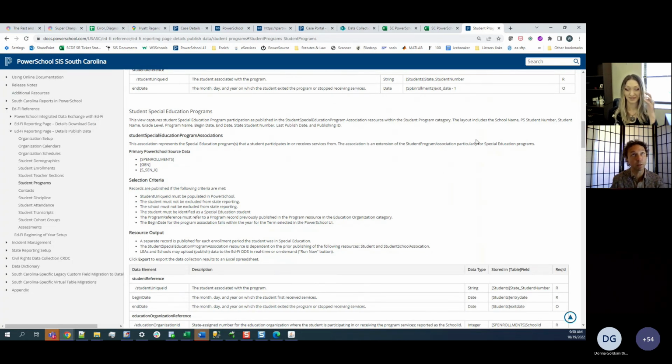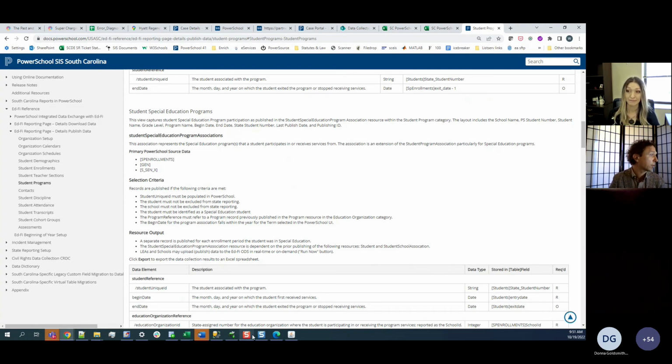So the solution that the developers came up with is just to not publish non-in-session days. And so there's a lot of schools and districts out there, I'm not pointing any fingers, that have terms that begin or end on a Sunday or on a weekend or something, right? And what happens is that because the non-in-session days, like a Saturday or a Sunday, aren't publishing to your ODS, neither are those terms that begin on those Saturdays or Sundays.